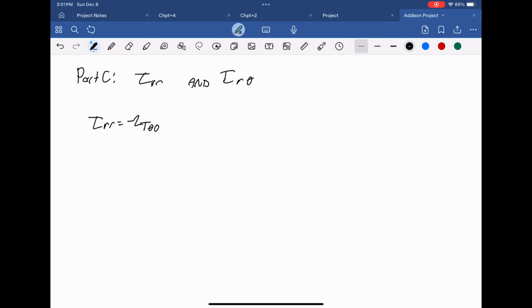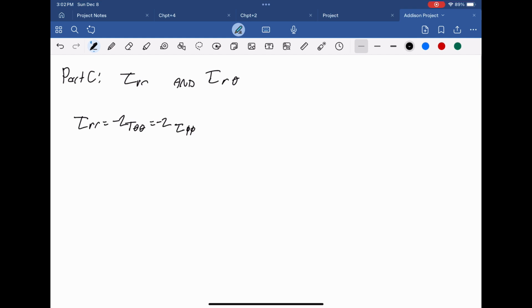Tau rr equals negative tau theta theta and negative 2 tau phi phi. And we're going to be using the equation for tau phi phi because it doesn't involve any derivation. It's just negative mu times 2